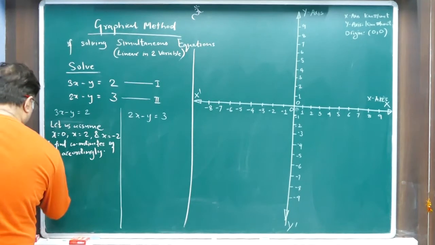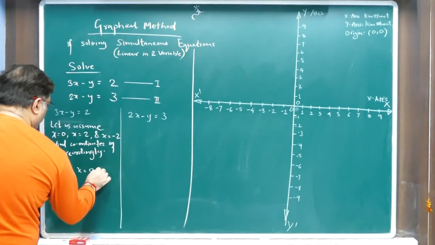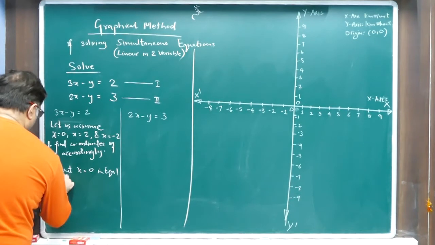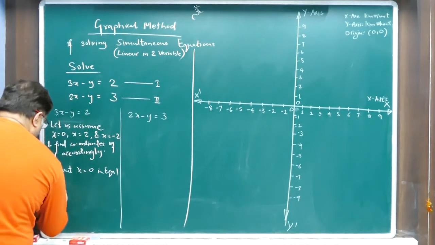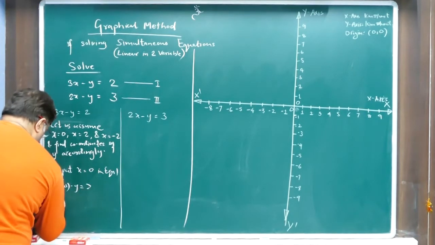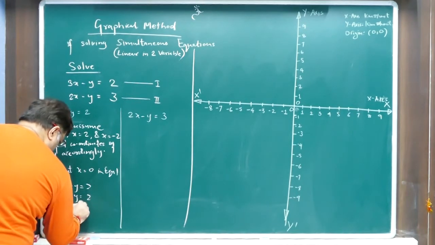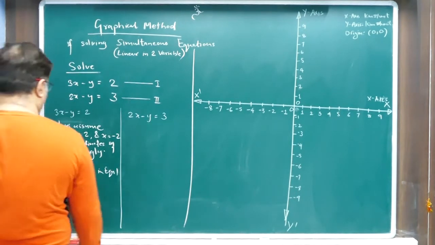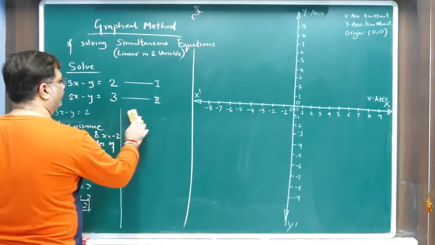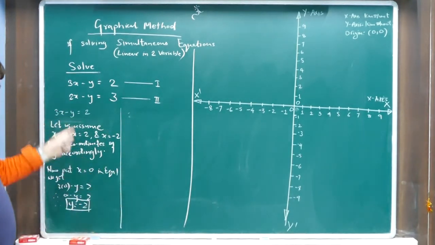Now you will say, put x equal to 0 in equation 1. We get, so when you put x equal to 0, you get 3 into 0 minus y is equal to 2. Therefore 0 minus y is equal to 2. Therefore y is equal to minus 2. So you get y as minus 2. You will put this in a block. So you have got one answer for y. Alright. Now first we will finish the coordinate table for one equation, and then it will be simple repetition for the other one. So let us finish for the first one.